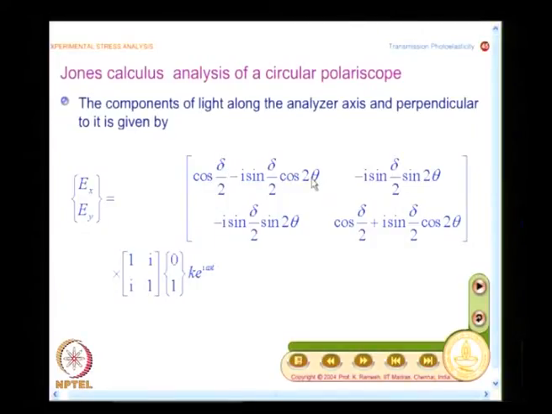Now, after the model I have the second quarter wave plate, and for the second quarter wave plate you will have to find out that matrix. You take a minute, it is very similar to what you have got as the first quarter wave plate. Instead of 135 degrees, you are going to put 45 degrees. What change does it make in the quarter wave plate matrix?